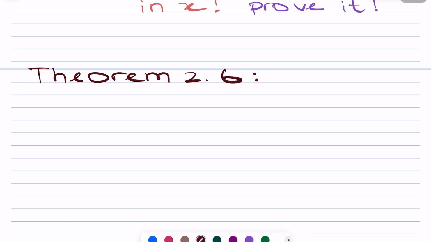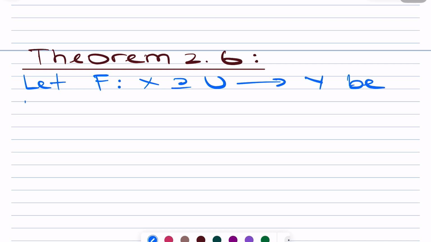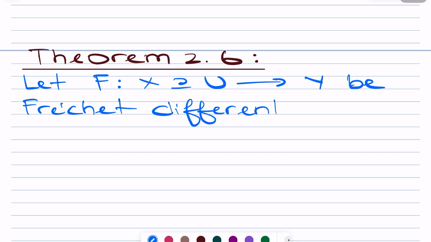So let f, defined from an open subset U of X to Y, be Fréchet differentiable